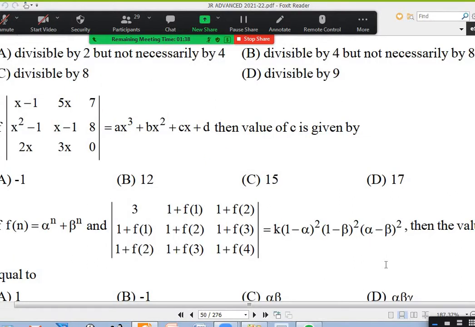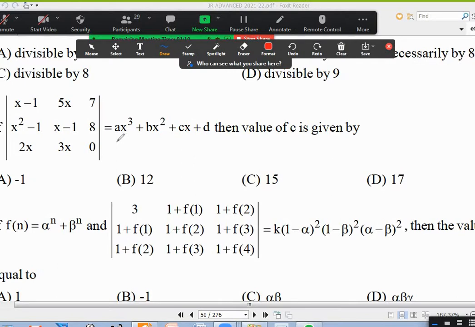Sir, first we take x equal to 0, sir. Then you will get the d value. D we will get as 0, sir. After that, how will you find c? Anyway, D is 0 now, sir. From R3 we will take x common, and on the right hand side we will take x common, sir. Again, if we put x equal to 0. Okay, that's nice. That's good. In fact, D being 0 is also not so important to talk about.